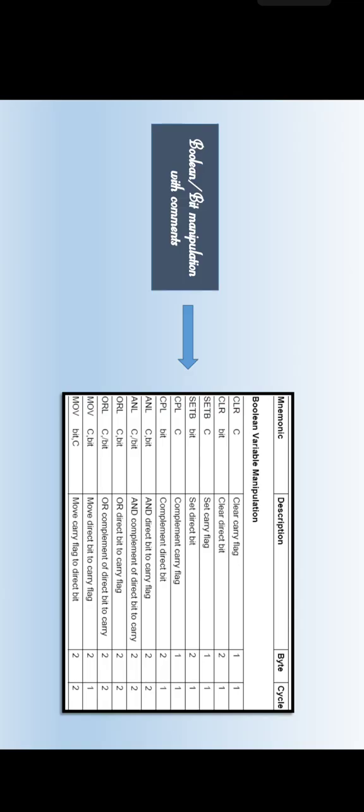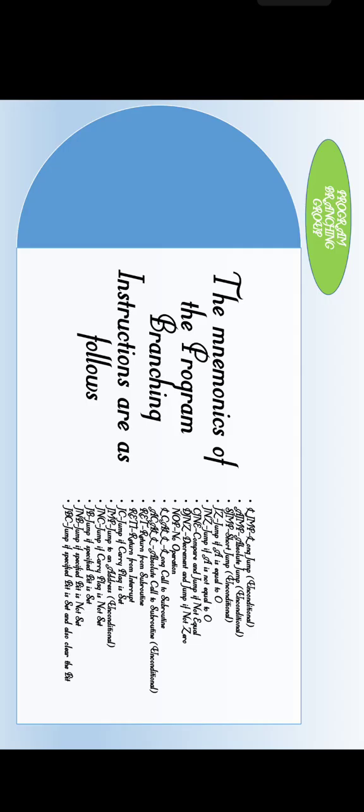The last group is Boolean or bit manipulation, which holds the 1-bit instructions like clear bit, set bit, move a bit, bitwise AND, bitwise OR, and complement. These are the various instructions associated with bit or Boolean manipulation along with the comments and number of bytes. Last one is the program branching group. In the program branching group you have long jump,